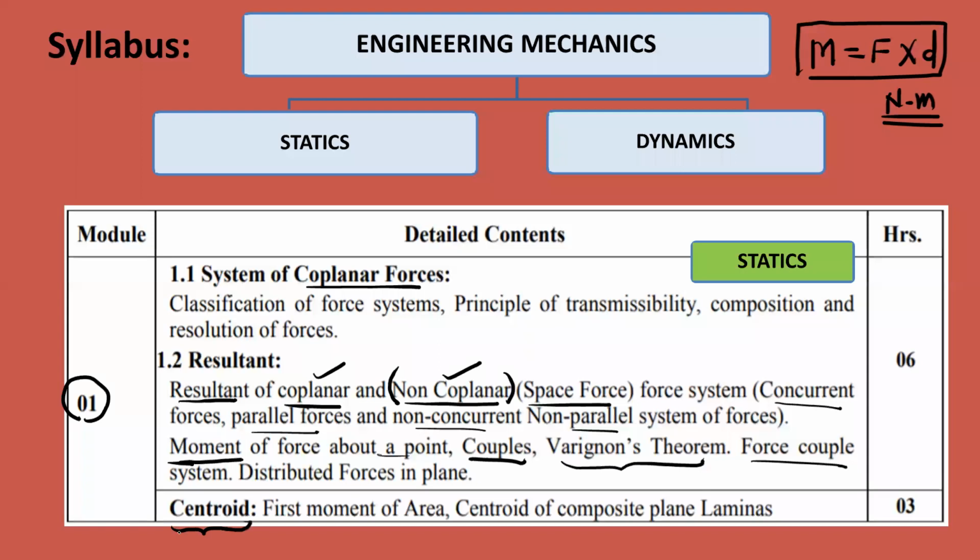So centroid is nothing but the geometrical center of the plane lamina. This term is quite similar to the center of gravity. So you know the concept of center of gravity. So what is the meaning of center of gravity? It is the point through which the complete weight of that object will act in the downward direction, or the complete weight is supposed to be concentrated at that point. So that is called a centroid. So center of gravity, which is CG.